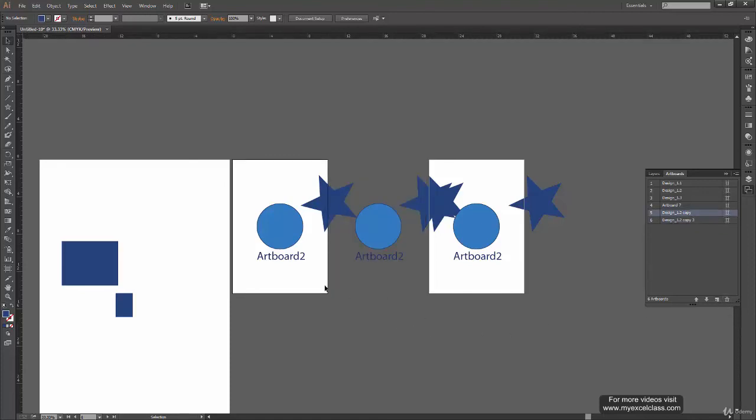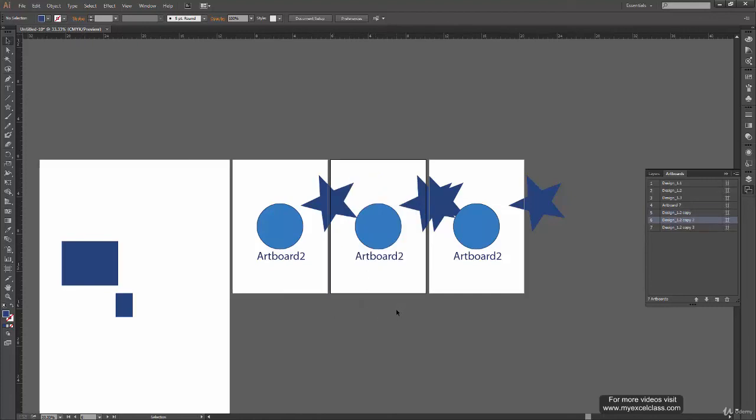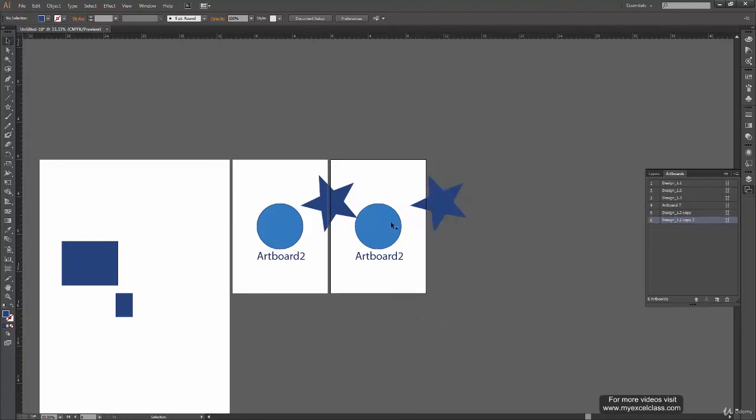I actually didn't delete the shapes along with the artboard. There's an option to do that. Right now, just leave it. But anyways, you can see when I duplicated this artboard, design 1.2 copy 2, it copied all the shapes that were on that artboard.